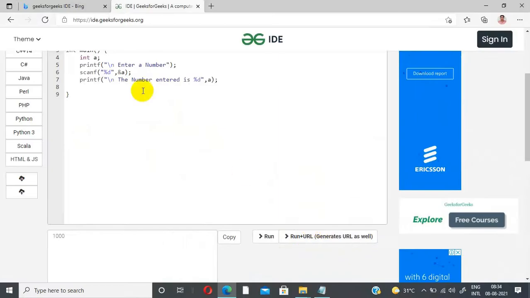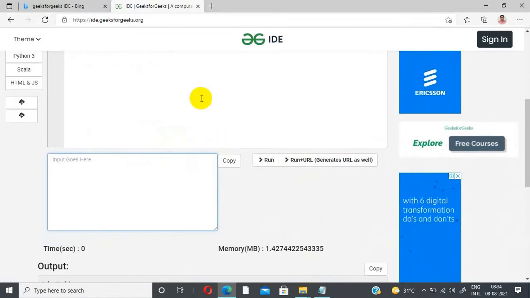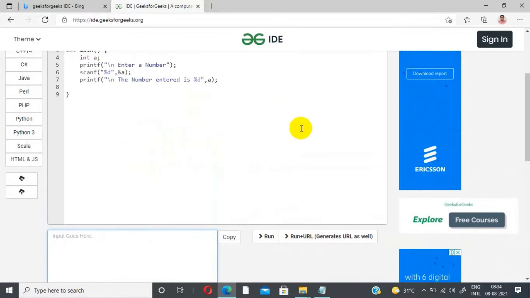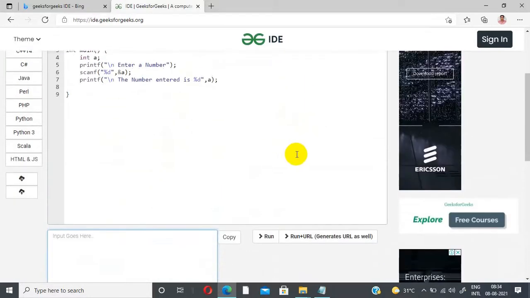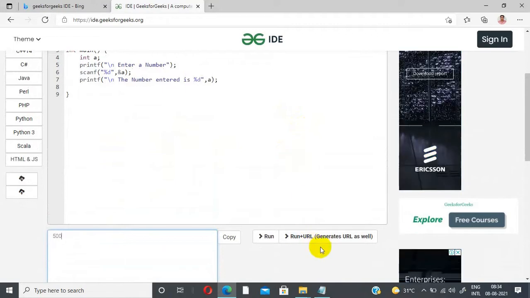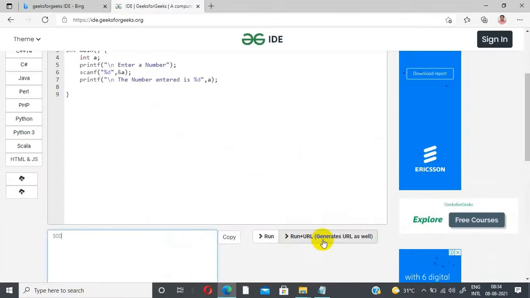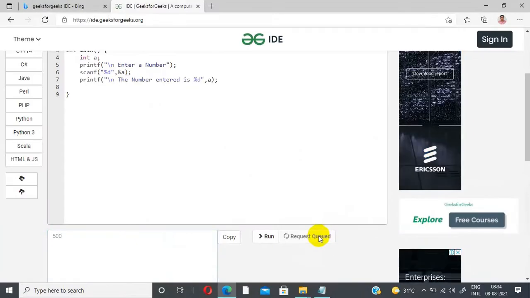So I will run the program, I will give some input, then I will get the output, and this can be shared with your friend or your teacher as a URL. For example, I'm giving 500 now. I'm selecting the second option, run plus URL. It runs the program and at the same time the URL will get generated. Run plus URL. The program is running.